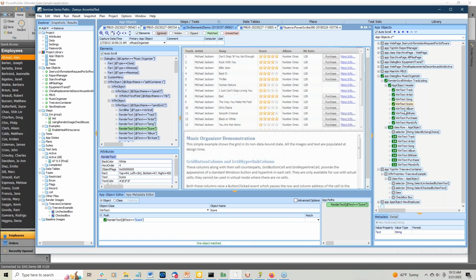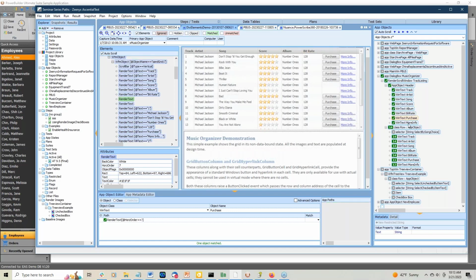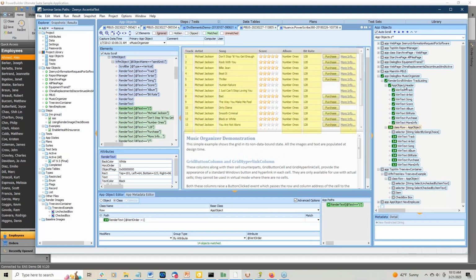Well, actually, I think if I drag them over, I have to help them. We'll see when I do it. Okay, so there's the header. Then the row. Remember, the path of the header was render text with a vert order equal to 1. Well, we don't want the header to be part of the row. So here, again, same attribute, the vert order greater than 1. So this is all the other pieces of render text